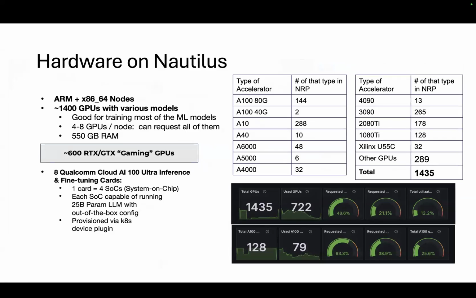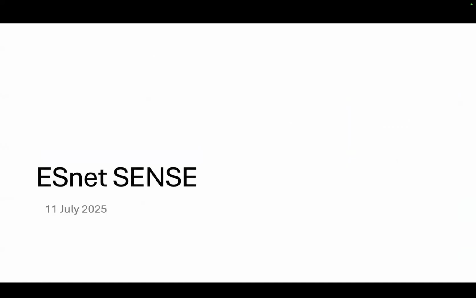Those are inference optimized cards with a very easy to use work pipeline for loading LLMs, for example, and other generative AI models, in a modular fashion, since each card is four systems on a chip. And of course, these are available to the research community, and we provide documentation on how to use all of our services for whoever is interested in provisioning these cards with the rising demand for inference for scientific domain research.